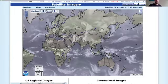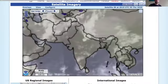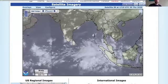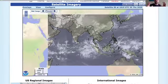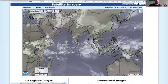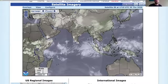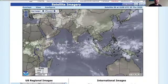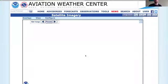Now, there is this group of thunderstorms here coming off of Indonesia. This is Indonesia. This is India here, Sri Lanka. And actually, we're gonna do that just a little bit more. If you look at the way these thunderstorms are grouping together, okay, and they're trying to do something. But the problem is the equator literally is like right here. So if these thunderstorms move northward, we could see tropical cyclone development. If these thunderstorms here, south of the equator, move a little bit further south, we could see some tropical cyclone